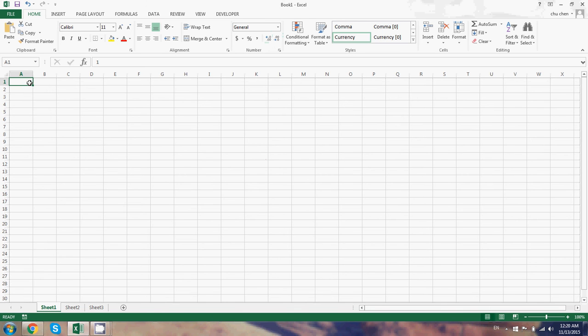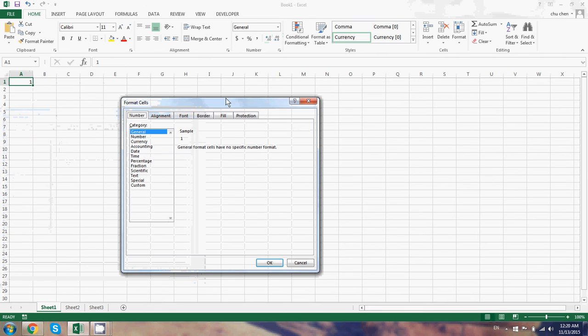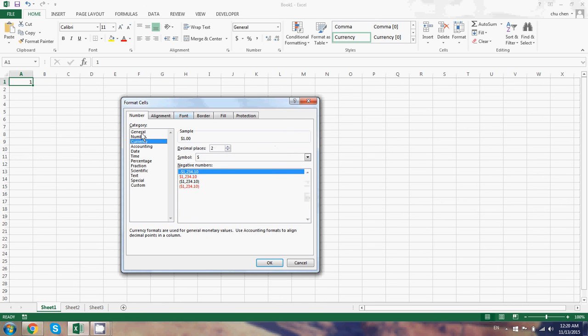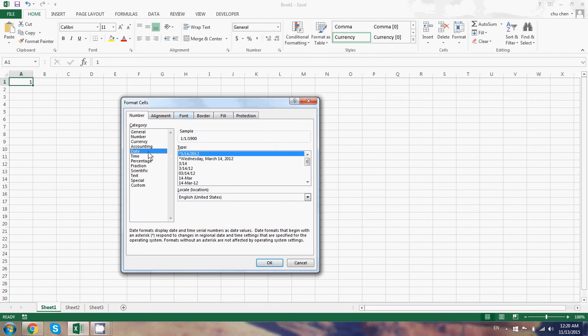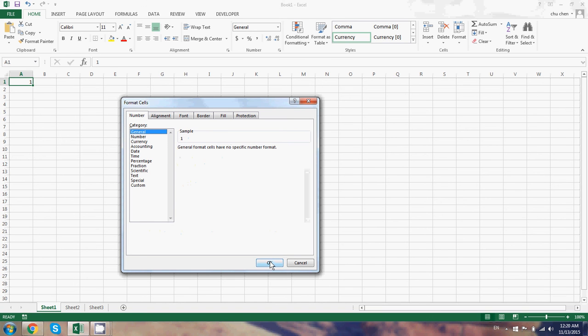Another way to change the format is you can right click and go to Format Cells, and here you can change the format of each one. The good thing for this one is it actually shows you an example. If, for example, right now I click Accounting, it tells us that usually you have 2 decimal points and the symbol is going to be dollar. Okay, all right. Let's go back to the first